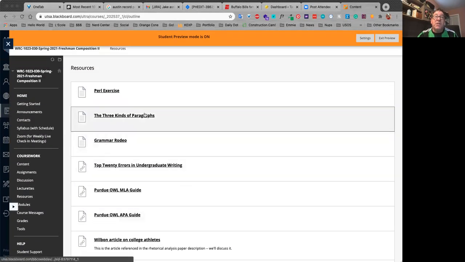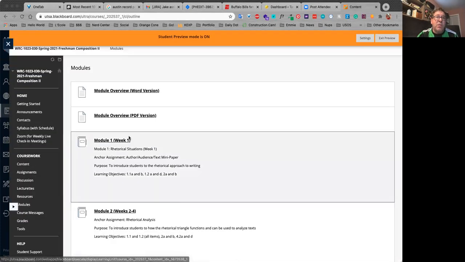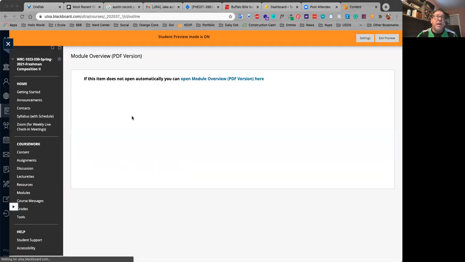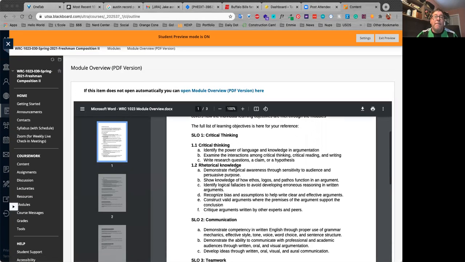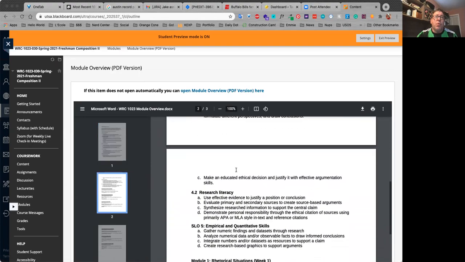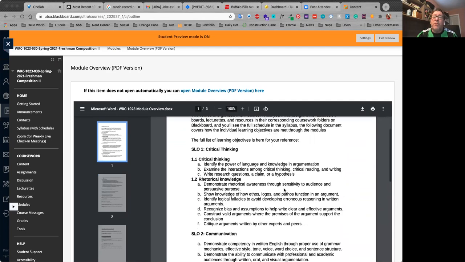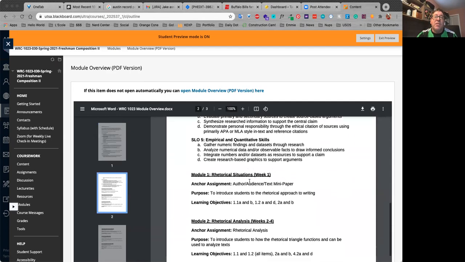And again, these are just things to help you throughout the semester. We'll talk about those on a week-to-week basis. Modules, I don't have entirely complete yet, and the links are bad here, so I'm going to go fix those before tomorrow. But again, if you see a PDF version of that, this just walks you through the learning objectives for the class, and then how the individual modules that we're doing are laid out,